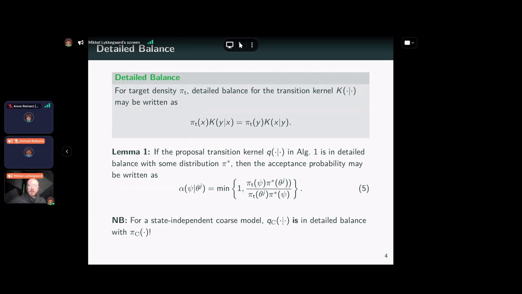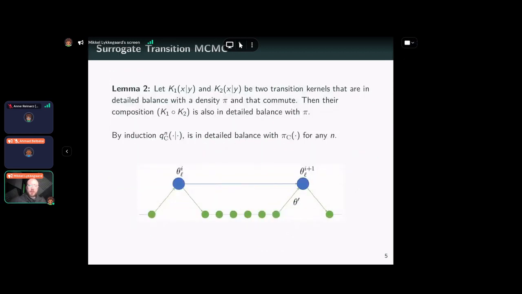What the MLDA algorithm does is first to take multiple steps on the coarse level. When I showed delayed acceptance, it took one step. But for MLDA, for two levels, you'll take multiple steps on the coarse level. That means you decorrelate the proposals to the fine level, so you get statistically more independent samples on the fine level. We've proven that the composition of these steps is also in detailed balance with the coarse distribution.